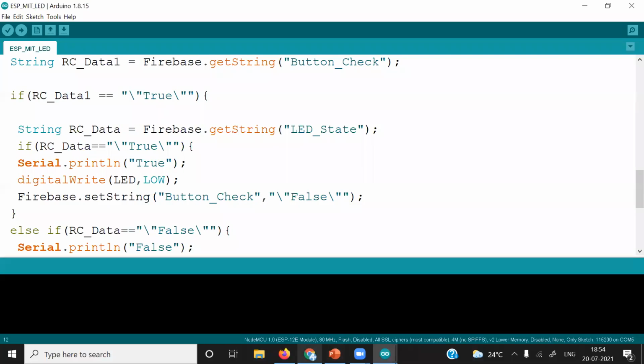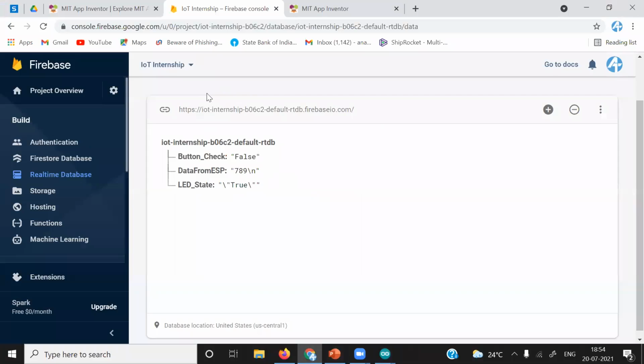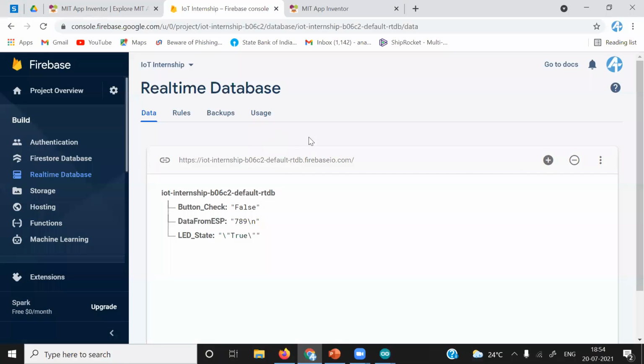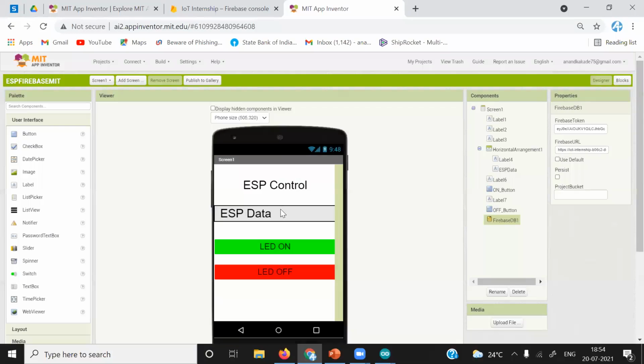What we will do, we will understand some security related things here. I will remove this. I will just keep this Firebase URL and this token where we were putting the database secrets. I will make it empty.